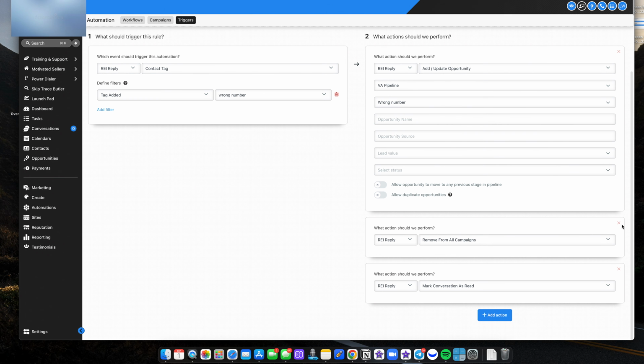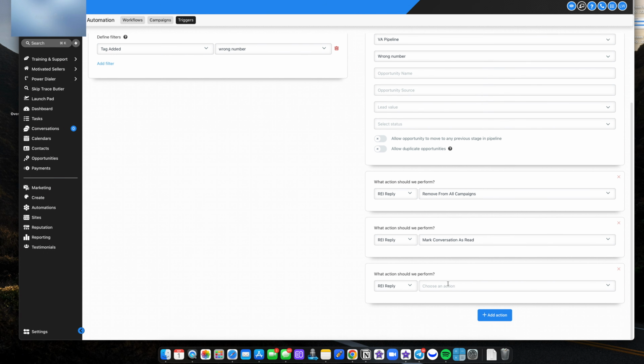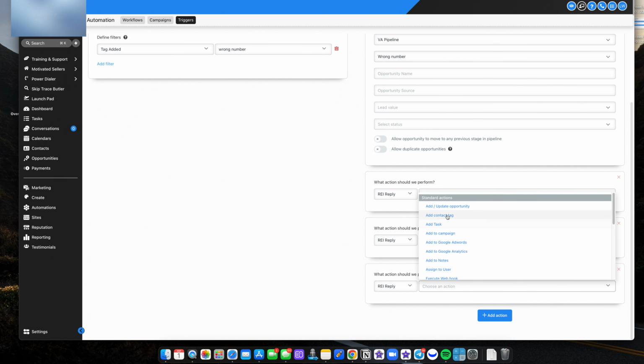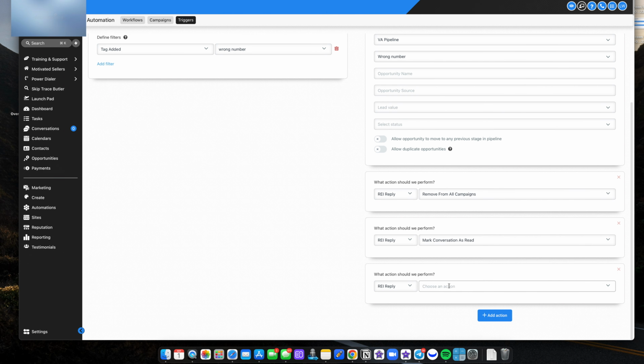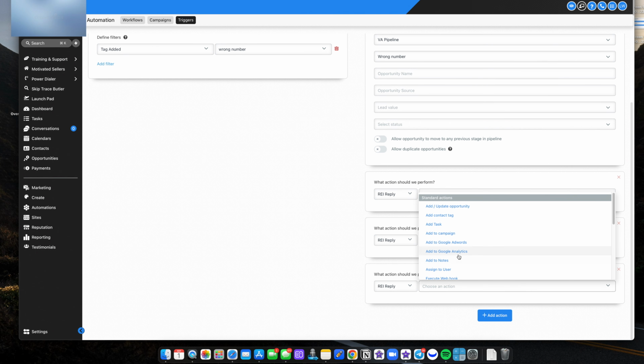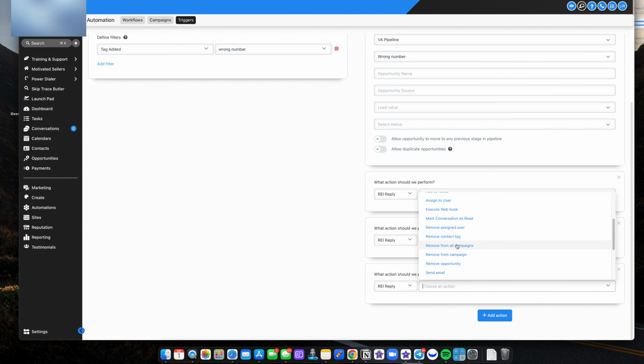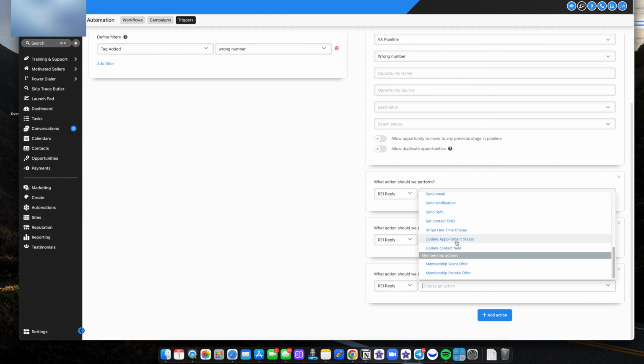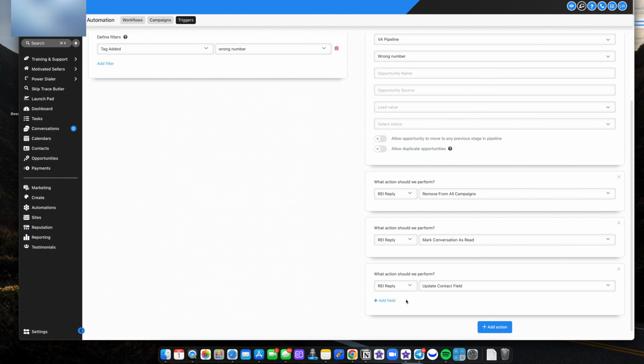Gonna remove from all campaigns, mark conversation as read. It's gonna add, you can click add, and you are gonna do update. So I was trying to type it, excuse me, I got hiccups. Update contact field, add field,